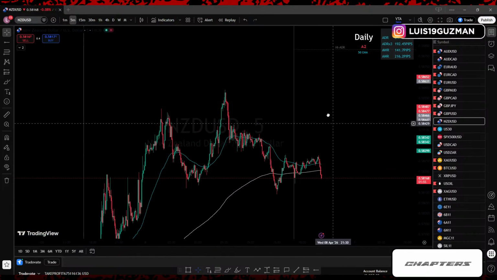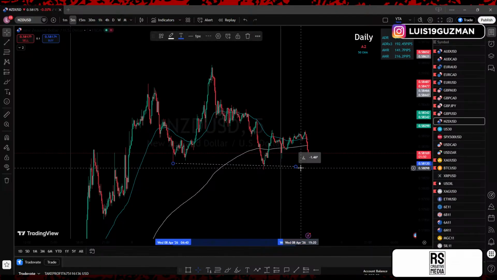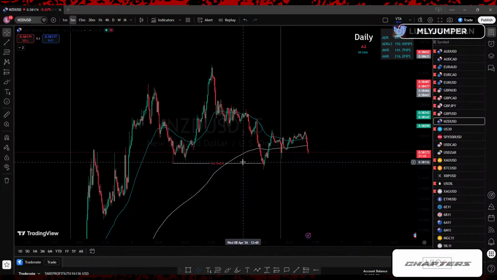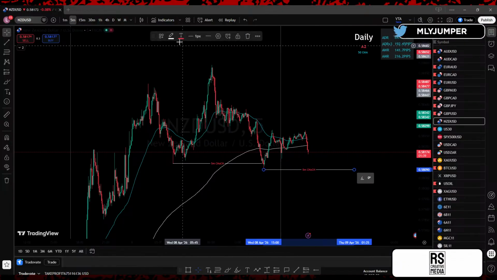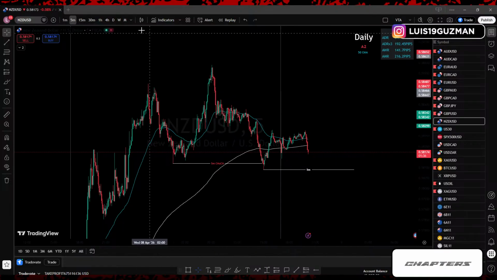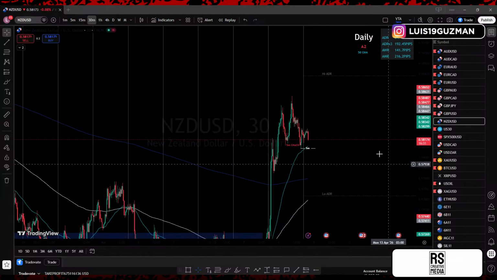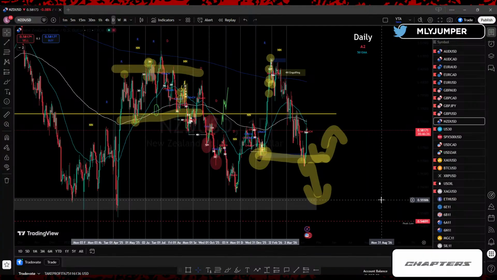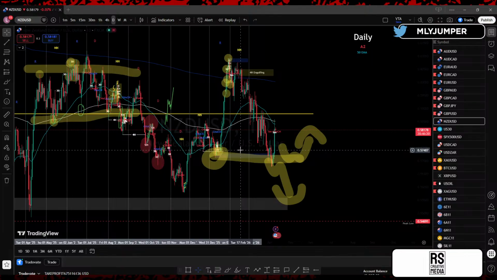5 minute is going to be nice on NZD USD though, for sure. You have the change of character, lower low. And we're just looking for that break of structure back down to the bottom. This is the area I'll start looking to look for that break. I've had NZD USD turned off for like 7 months now, long time. We're just stuck in the zone of consolidation. Well, last time I marked it up, let's see, was in February, so 2, 3 months.